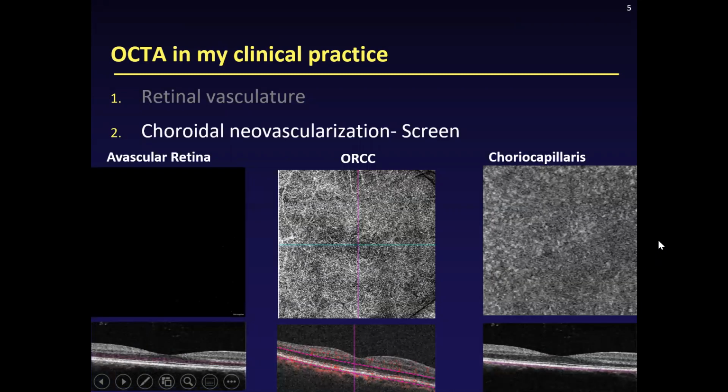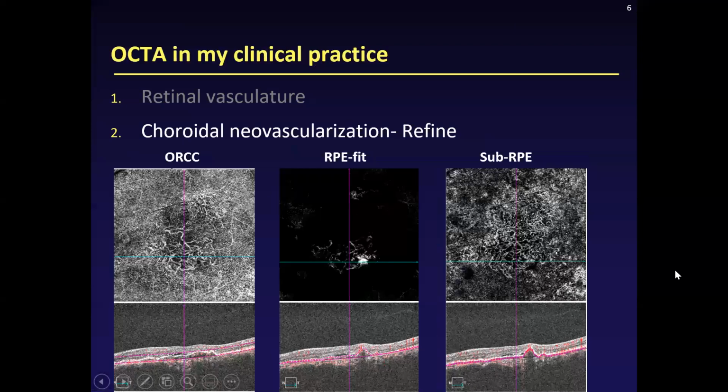Moving on to choroidal neovascularization, I would generally screen with the avascular ORCC as well as choriocapillaris slabs. As you can see, the segmentation lines are shown here. ORCC, by the way, stands for outer retina choriocapillaris. If I see a suspicious CNV lesion, I would then further refine it by using the RPE fit and sub-RPE